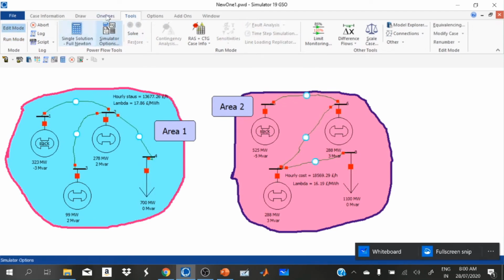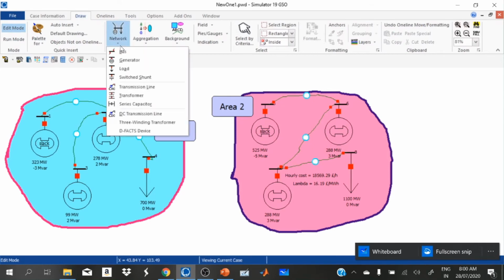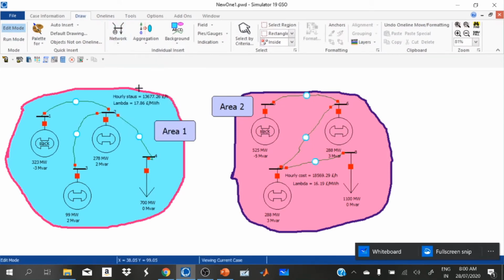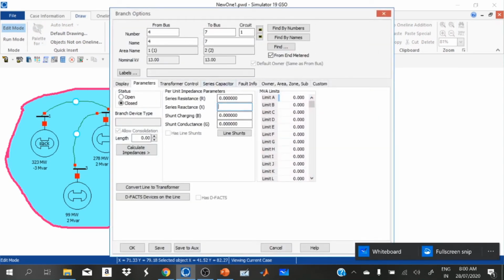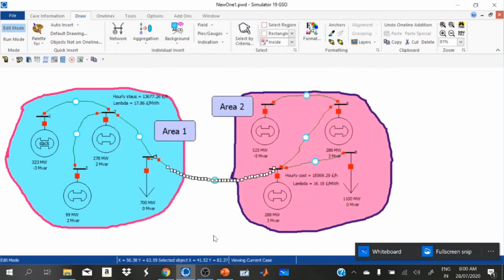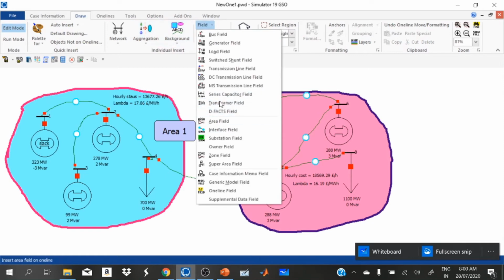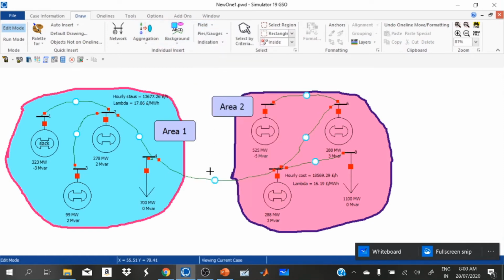Go to edit mode, draw network, transmission line. Now I connected area 1 and area 2 using a transmission line.